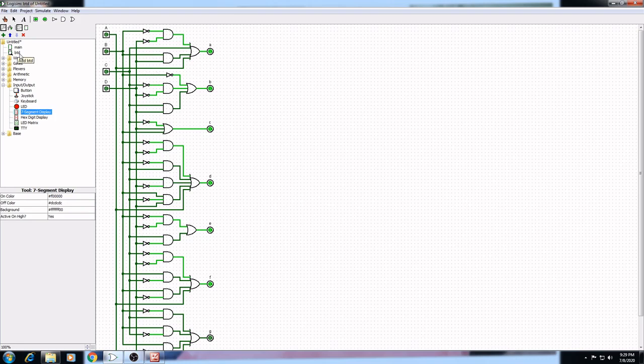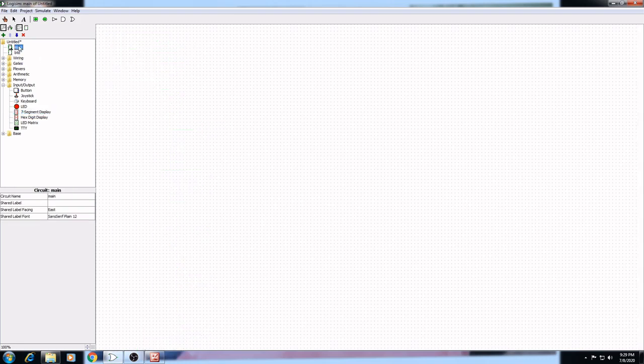So how can we convert that? Double click on this main window and drag it to your canvas and place it. It is nothing but the circuit that we built, converted into a small IC. You will see here 1 input, 2 input, 3 input and 4 input, so A, B, C, D, and these are the 7 outputs.